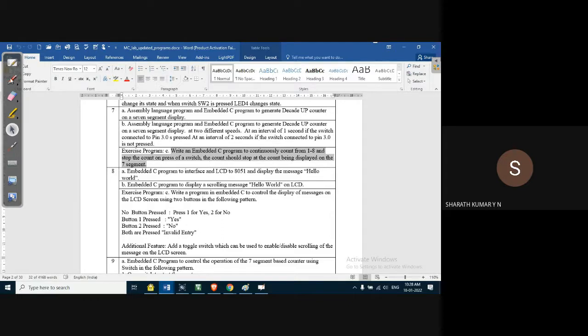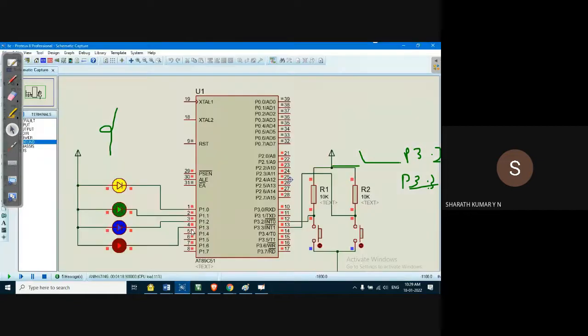So here the switch acts as an interrupt. The switch is connected to P3.2 or P3.3, which will generate the interrupt. Let's try this program. Of course, you can modify the same 7th A and 7th B programs. Include a switch with an interrupt, so that based on the switch condition, the counting operation can be controlled. Just like in this sixth C program, we are controlling the LED blinking using the switch condition, in 7C you can control the count display on the 7 segment display using the switch operation.